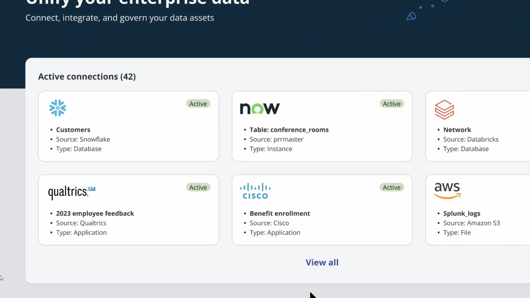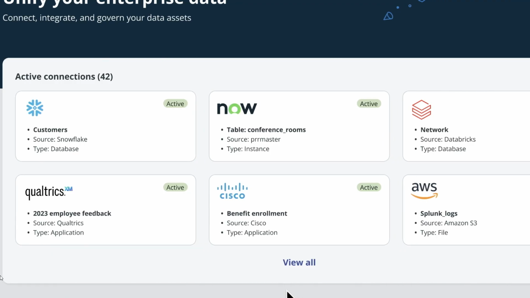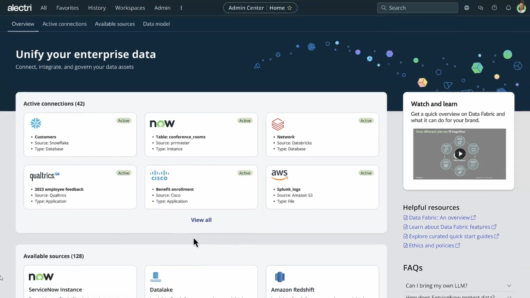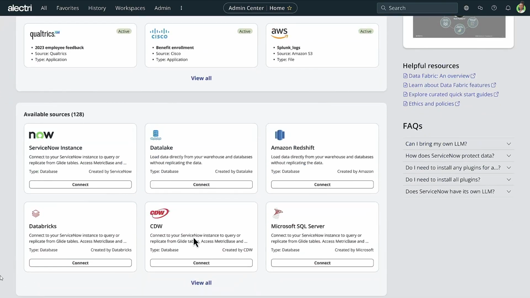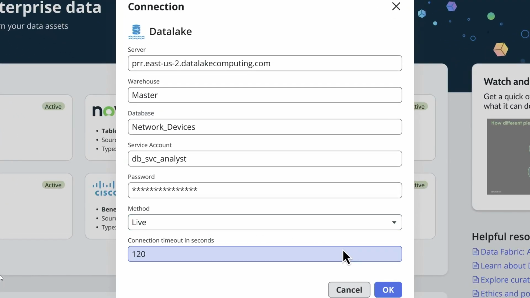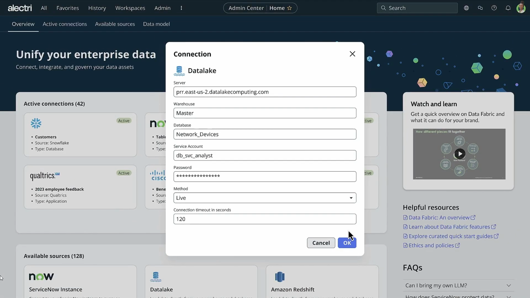Here, you can see Data Fabric connecting both structured and unstructured data in Snowflake, Databricks, and even tools like Cisco and hyperscalers like AWS. New with Workflow Data Fabric are zero-copy data partnerships with leading data clouds like Databricks and Snowflake, keeping your critical data where it resides without needing to copy it into ServiceNow. With just a few clicks, this telco company can set up a new zero-copy connection to their data lake, connecting terabytes of real-time network inventory data directly to ServiceNow.